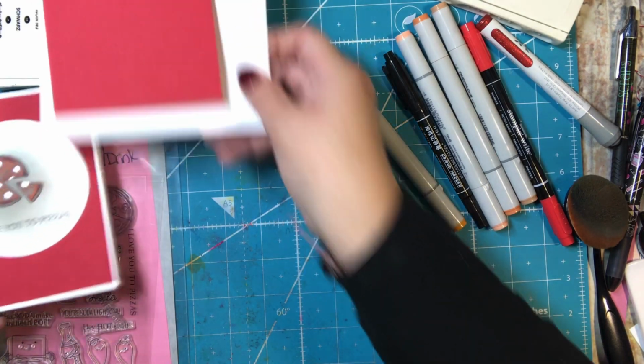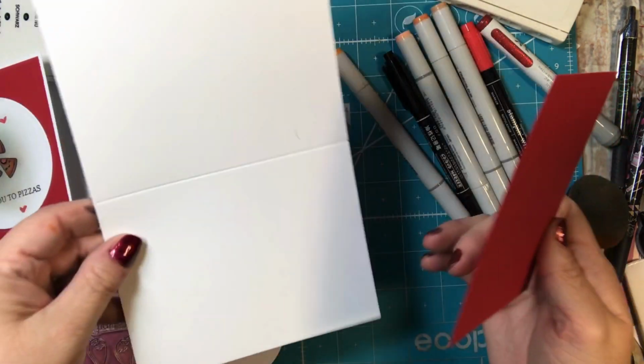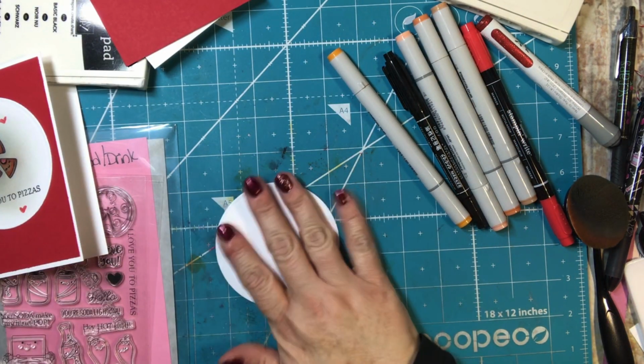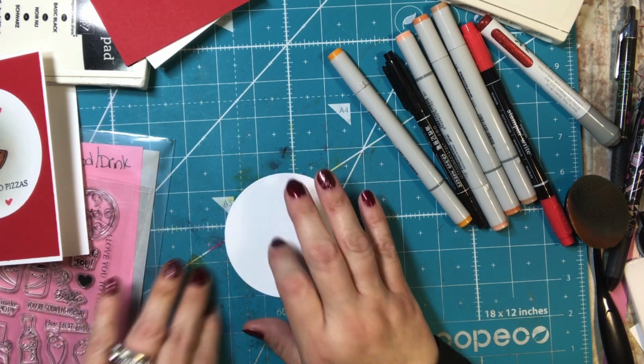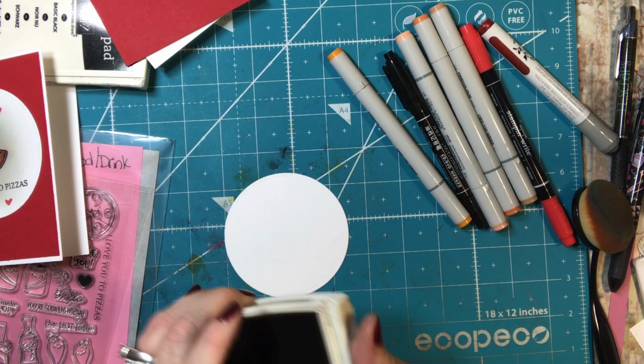For this card, I'm doing an A2 size card, so I have the base, I have a background, and then I also have what I'm going to be stamping on. To get started, I took this